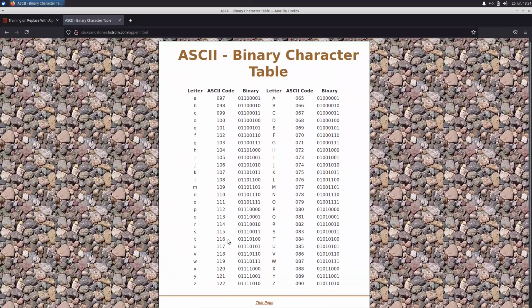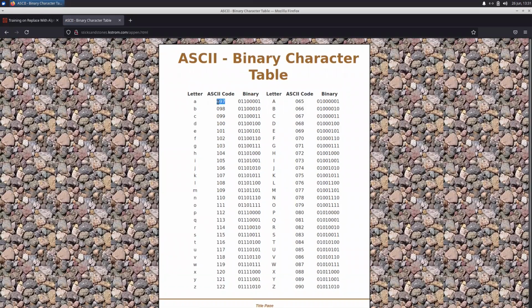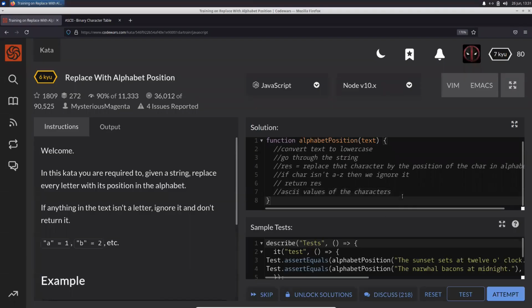So this is the ASCII value. The first ASCII code is 97, right? So what we can do to get 1 over here is 97 minus 96, right? So 96 will be our base. So any of these numbers minus 96 will give us the position of this character in the alphabet, right? So what I'm trying to say is, say for example, we have